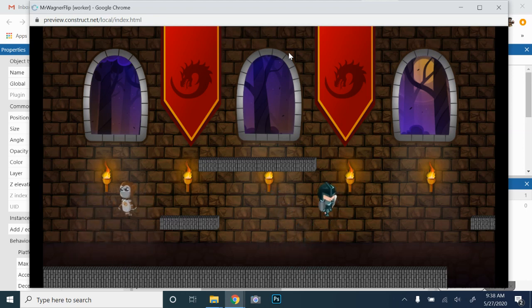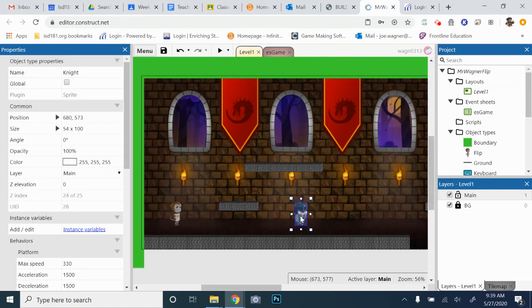is moving with him. Okay, and the reason why, because if you remember, we didn't really have to tell Flip how to move. We just gave him the behavior and he moves, right? So the way that the platform behavior works is it just comes with preset default controls. So the knight also has that, and the computer doesn't know which character is the main character and which one isn't. So anything that has platform behavior, it's going to allow you to control it. So what we have to do is change some settings so that we're not manually controlling this